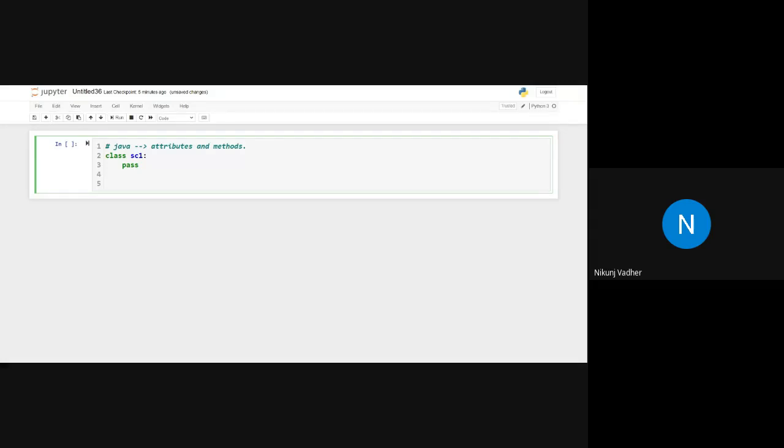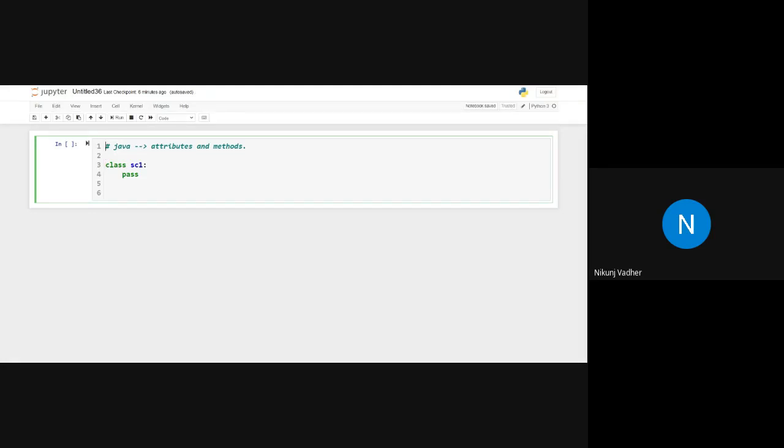Here in Python, it allows us to create an empty class, and then you can add as many attributes and variables as you want to the class.